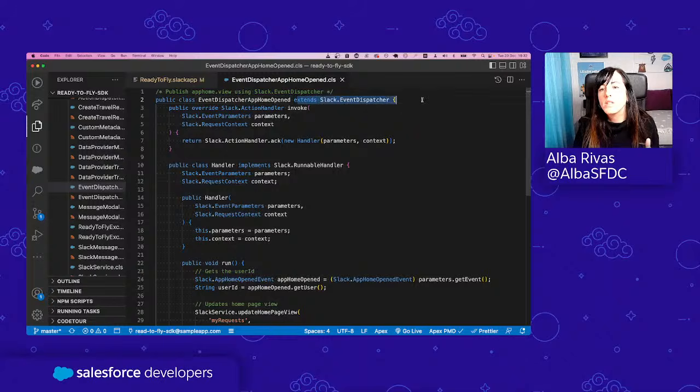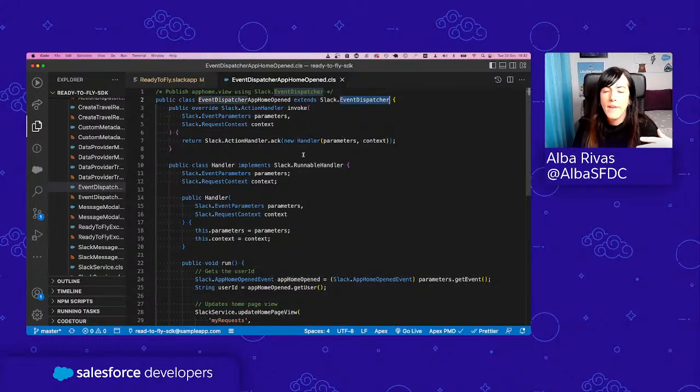Because when you respond to an event or to an action or to a shortcut or to a slash command, you need to extend a different kind of class, okay? We have event dispatcher, action dispatcher, command dispatcher, slash command dispatcher, I think it is, and